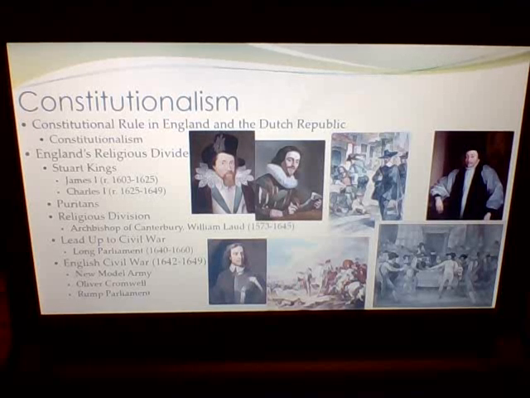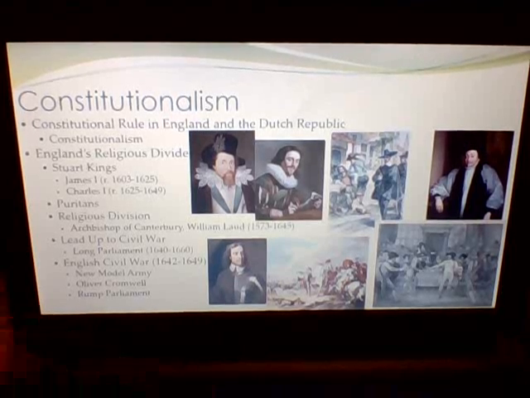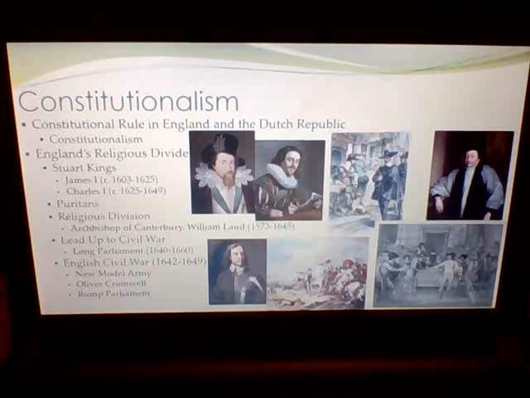Like, while he's originally James VI, in tests and stuff, he'll be referred to as James I. So all you really need to write down is James I. So James I takes over for England. He's now the king of both Scotland and England, and he'll rule for like the first 20 years of the 1600s for the most part.